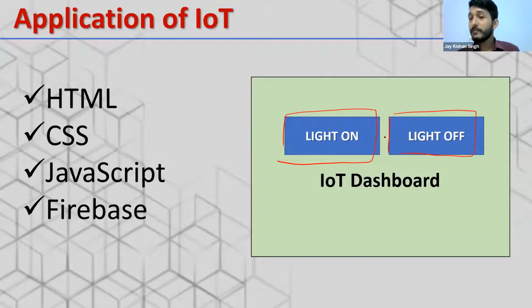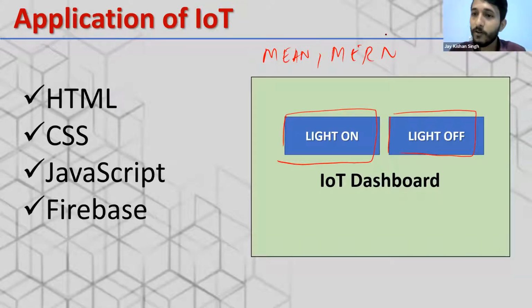And what technologies are we using today? See, in the last session I mentioned we can use MEAN, we can use MERN. If somebody knows Django or Flask, they can also use those technologies. But HTML, CSS, and JavaScript is one of the easiest things that any engineer knows, right? In fact, in our schools also we have been taught HTML and CSS. So this is the reason I have selected HTML and CSS, so things become quite easier for us to understand, right? And at the end we have this Firebase database, fine.